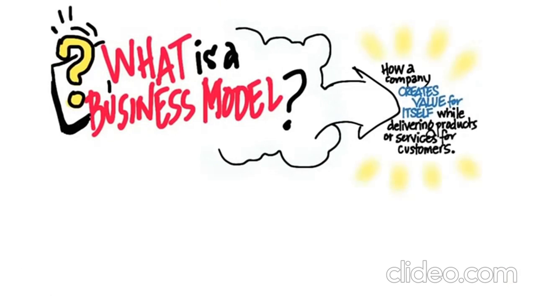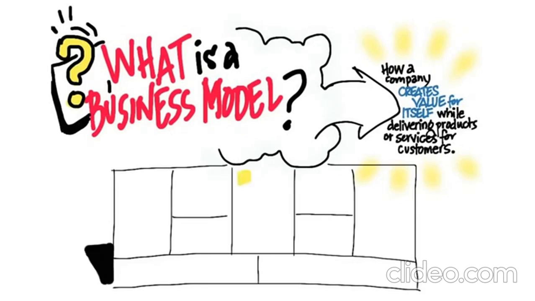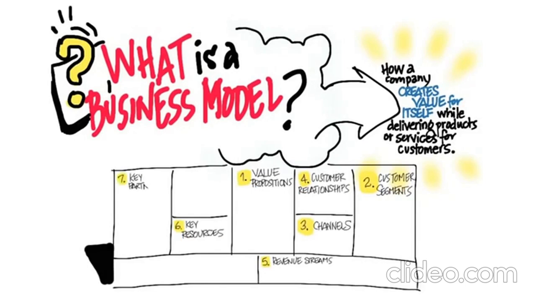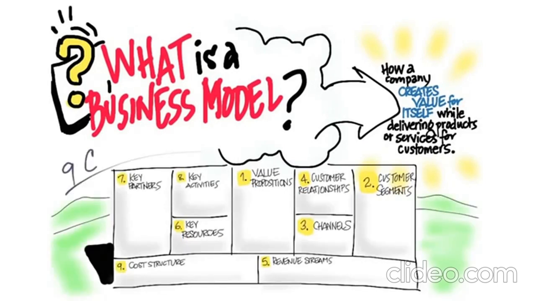Now, if you think about it, in the old days, we'd think about how to organize a company around functional organizations. We think, a company is about its sales department or its engineering department, and you would draw an org chart. But now we're going to draw a very different diagram. We're going to draw a diagram of how to think about all the pieces of a business. And so let's take a look at these 9 boxes. 9 boxes to describe any company from the world's largest to a 2-person startup starting in your parents' garage.